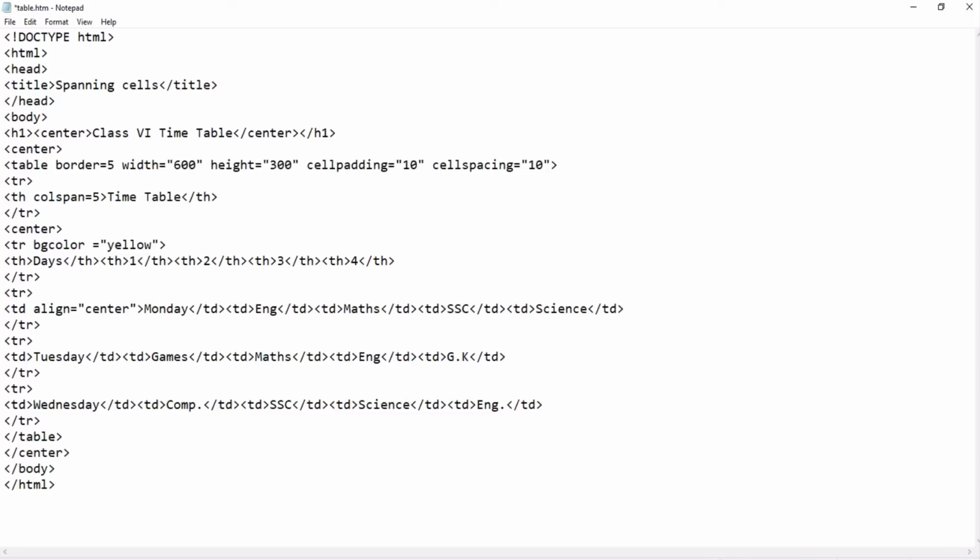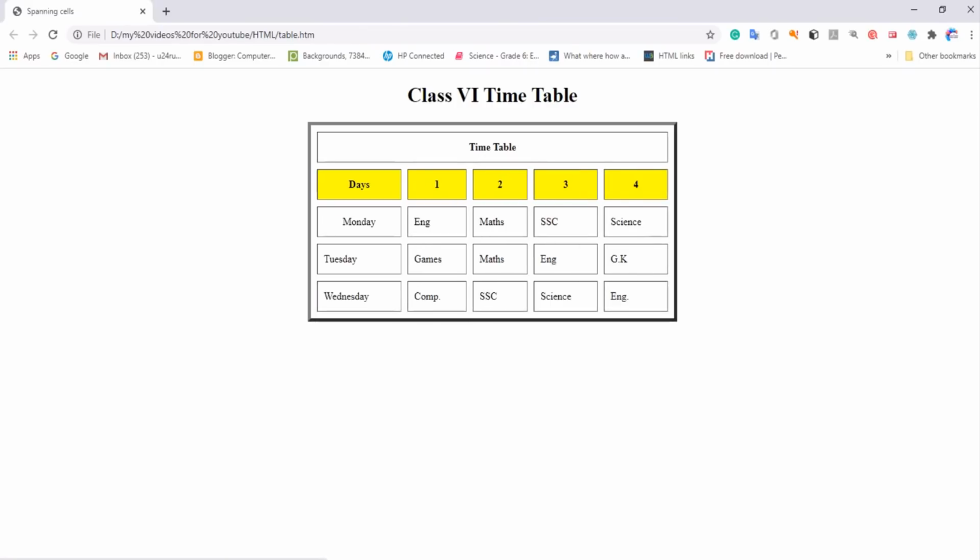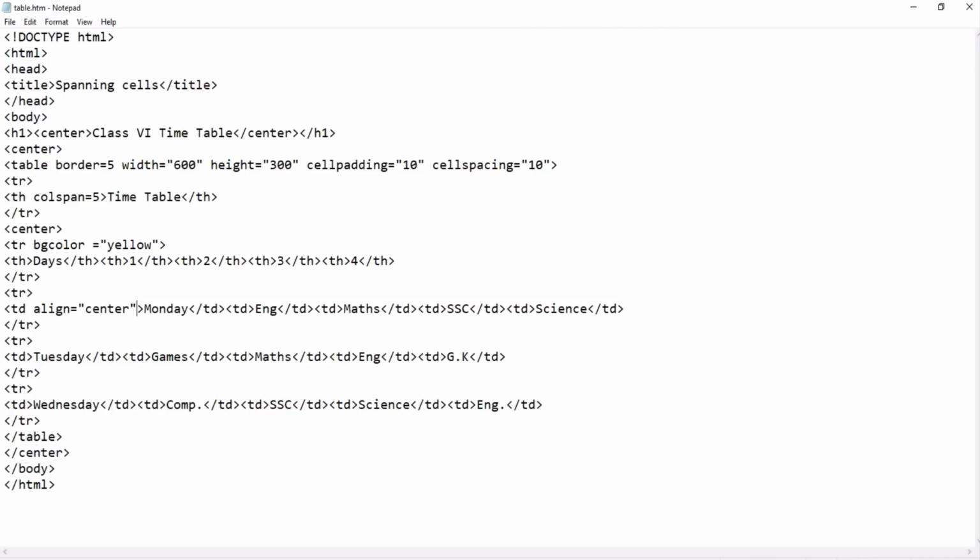So let's see what change is coming here. This first row becomes center aligned. So the same thing you can do with the other rows also. You can simply write it down, and it will come in the center. I hope it is clear to you.